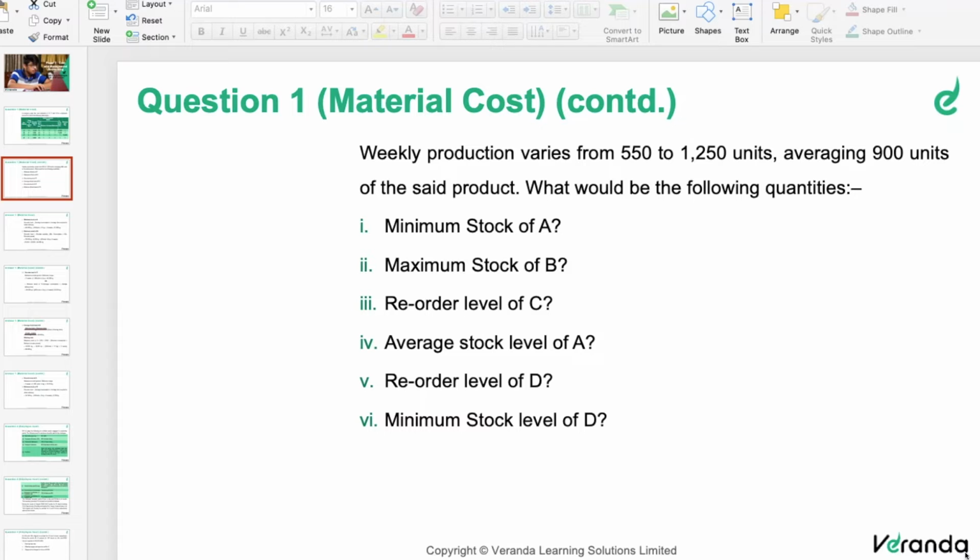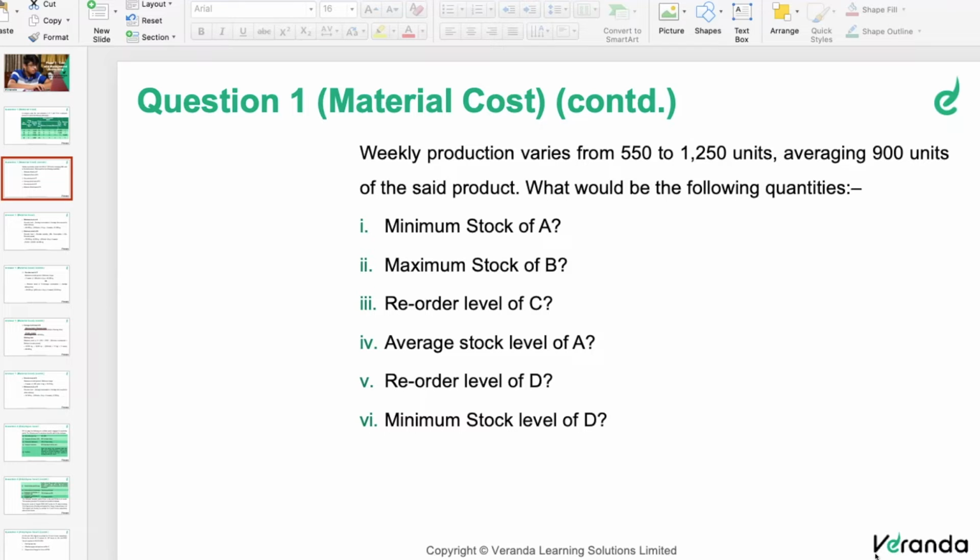Suppose the supplier is telling we don't have the facility of rush delivery, then only we have to go for the previous formula, minimum usage into minimum lead time. Understood? Therefore, between the two formulas, which one do you give first priority? Minimum time for emergency purchase has first priority. Else you have to go for minimum usage into minimum lead time. So these are the things you are supposed to have before solving the problem. So, understood the concept behind the question?